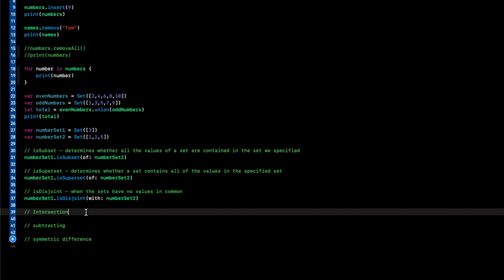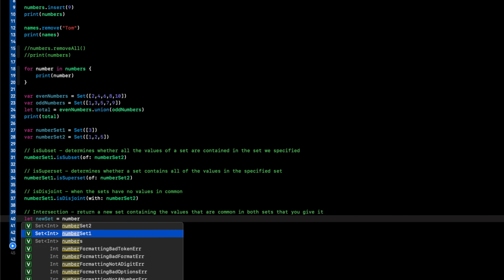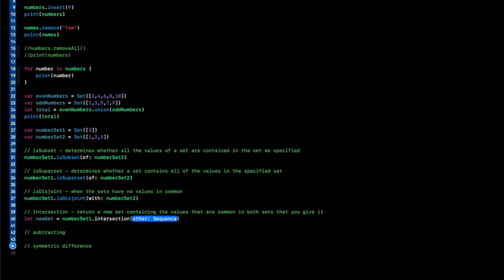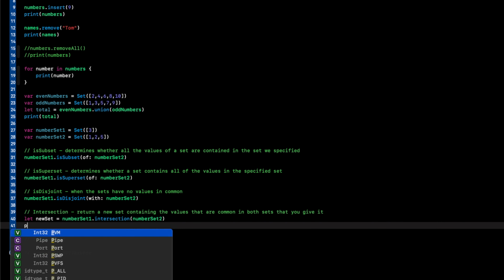Okay, now let's take a look at intersection. So what is intersection? It pretty much is going to return a new set containing the values that are common in both sets that you give it. So if we were to do let new set equal number set 1 dot intersection of number set 2, and then we print out that new set,